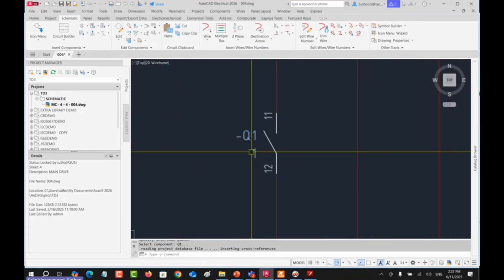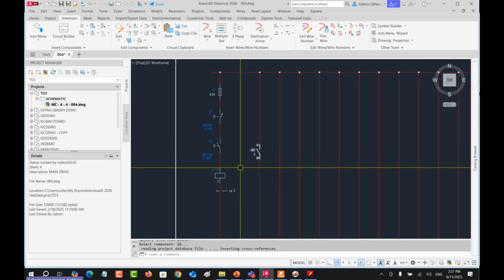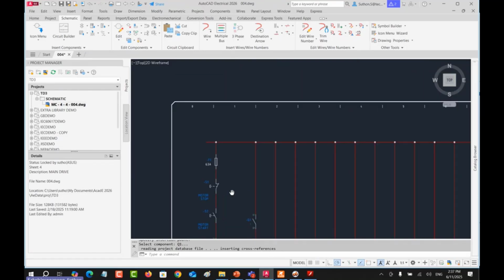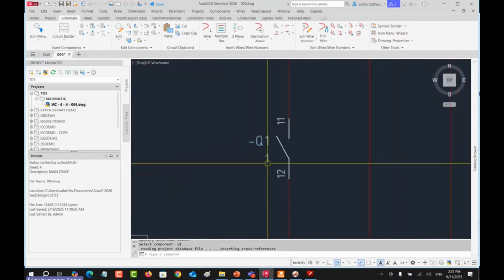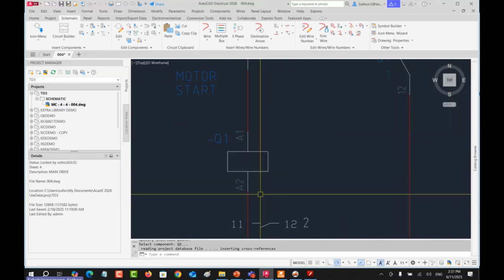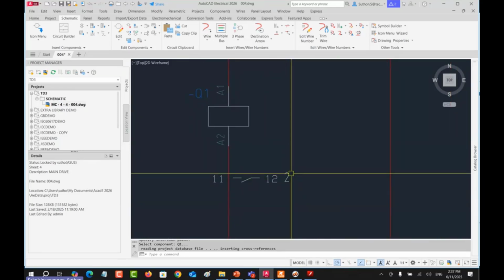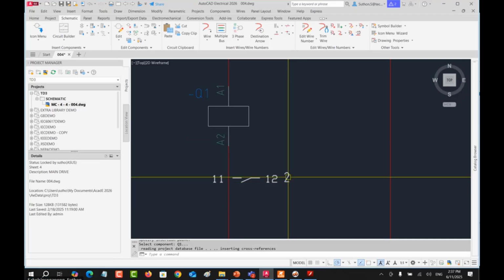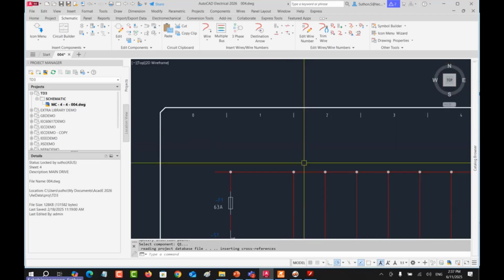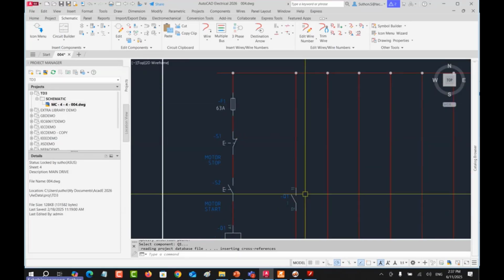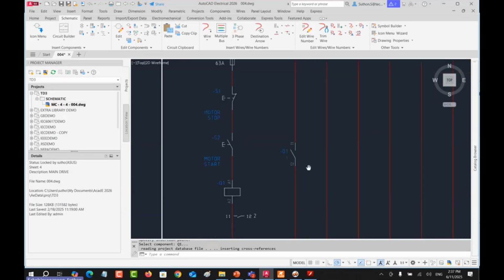And what is number 1 here? Number 1 here shows that the parent is at column number 1. It shows the location of the parent. And this one will show the location of the children. Number 2 means column number 2. And when you move your view down, you can see that the component is here.